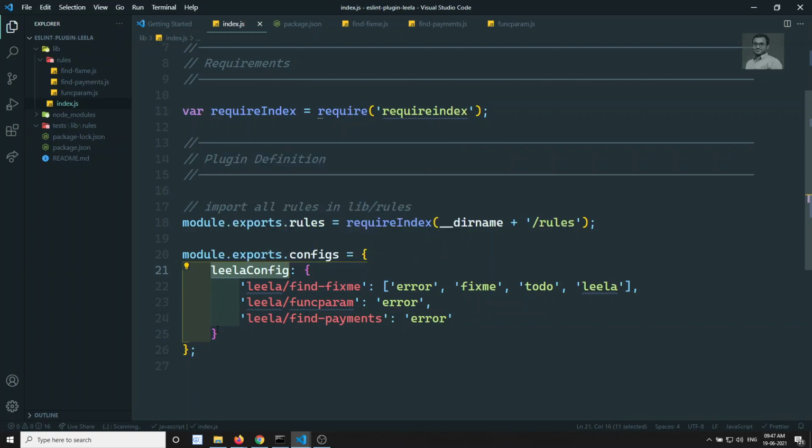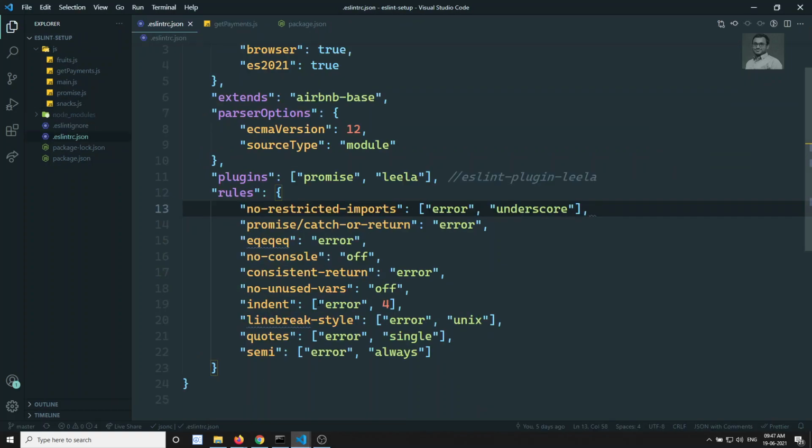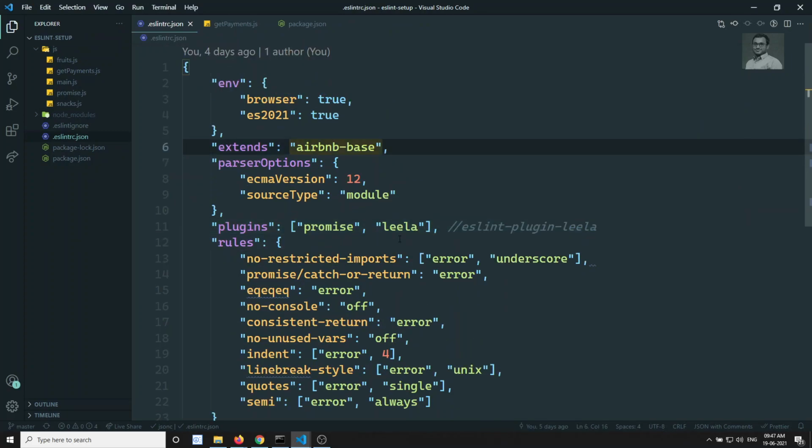Now I want to import this configuration. How can I import it? Let's go to the other project, the one we are using, where we have used this Leela plugin. Now we need to add the configuration that is there in Leela. Let's go to the extends, Airbnb base, and here we need to add something like Leela.